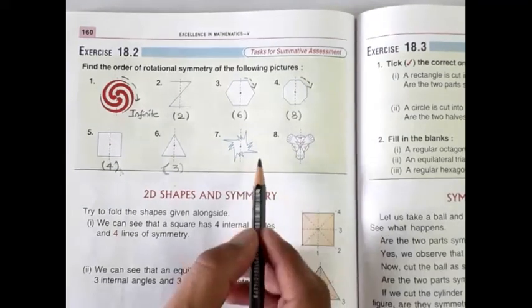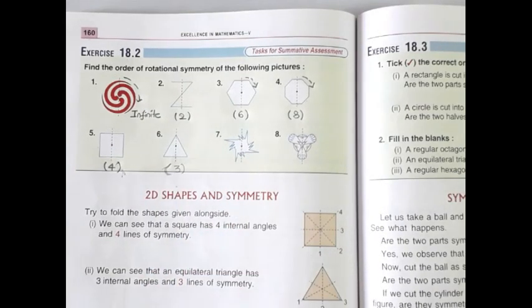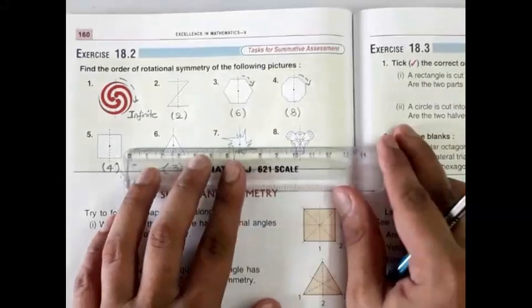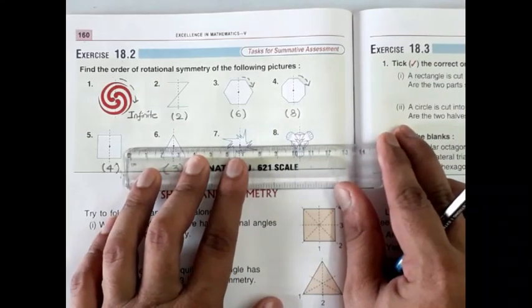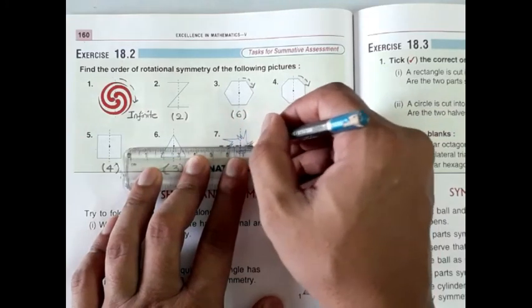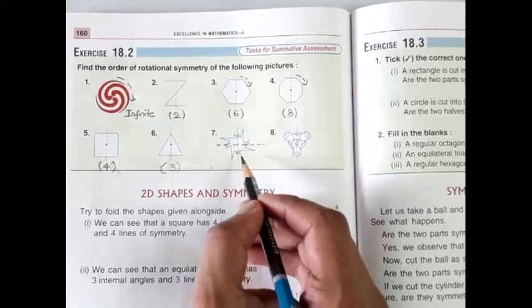And this one, you please look. I will show you with a scale. One minute. So if you look, no need to draw this line actually, but I want to show you how the order of rotational symmetry is going to appear for this. So if you observe carefully,